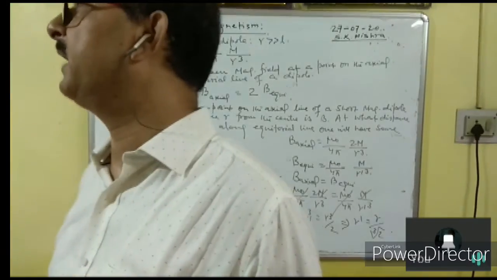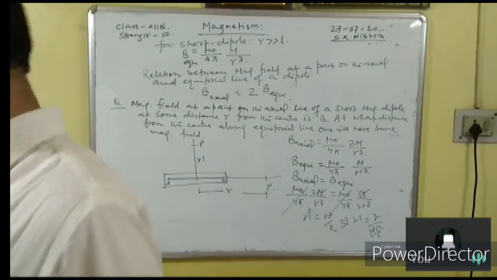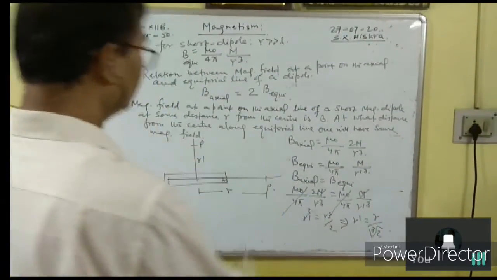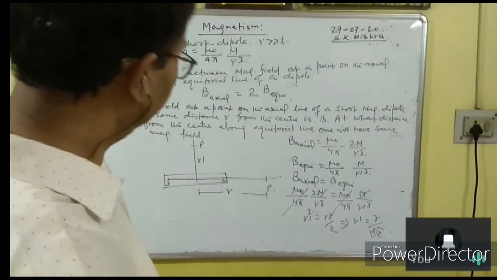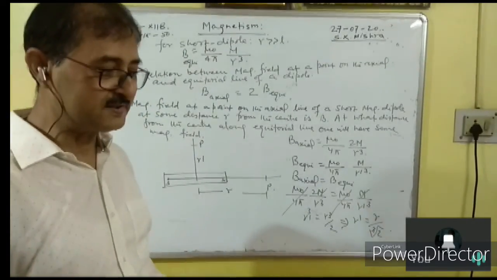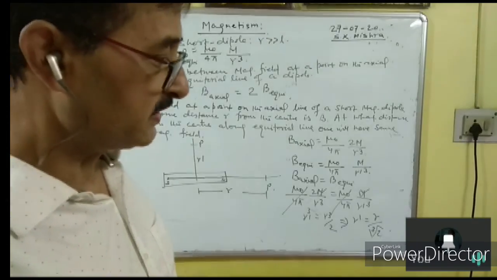Okay. Now I am putting one small numerical. You can write it. See, the magnetic field at a point on the axial line, if it is B at some distance R, if it is B,